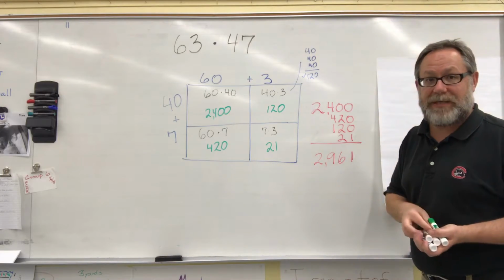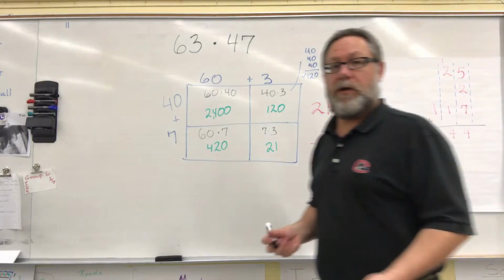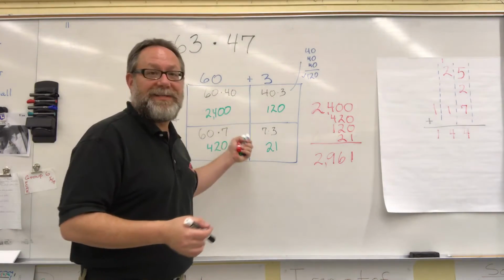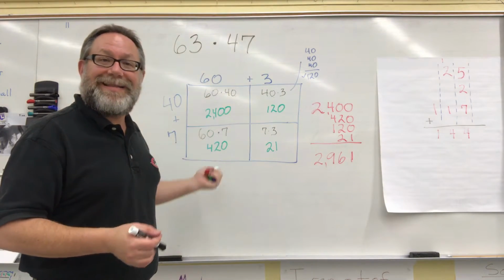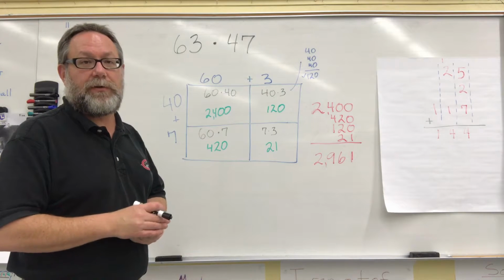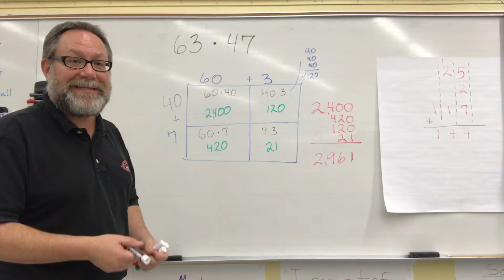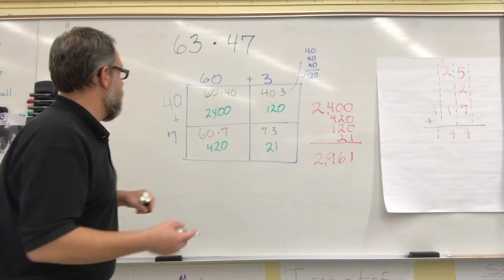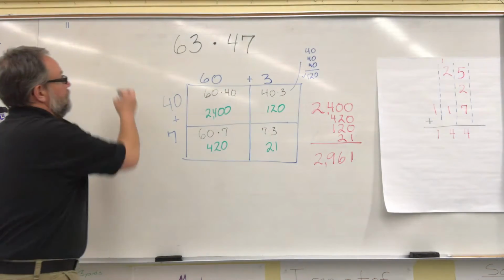We double check this using our standard algorithm. We always need to make sure that we're using the standard algorithm, because while this is good to learn off of, in the end, the standard algorithm, as you get older, is going to be the fastest and the easiest model to use when you don't have your phone and calculator with you. All right? So, very simply,